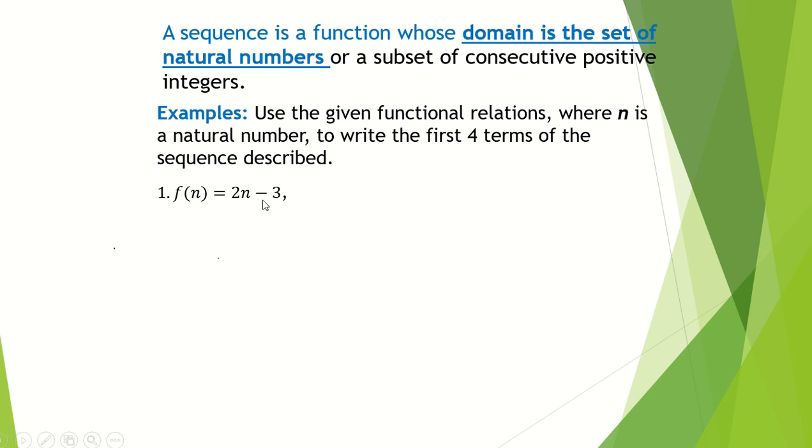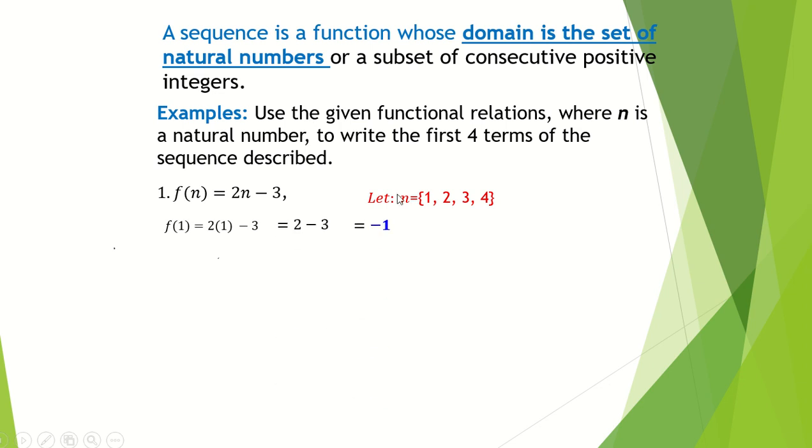So f of n is equal to 2n minus 3 describes a sequence. Let's look for the first four terms. Solving for the first four terms, meaning our n consists of 1, 2, 3, and 4. 1 denotes the first position, 2 denotes the second position, 3 denotes the third position, and 4 denotes the fourth position. So, to solve for the first term, you replace n with 1, and this will be equal to negative